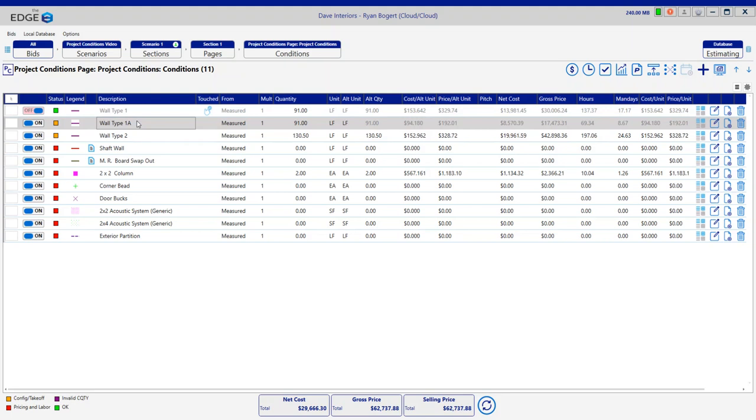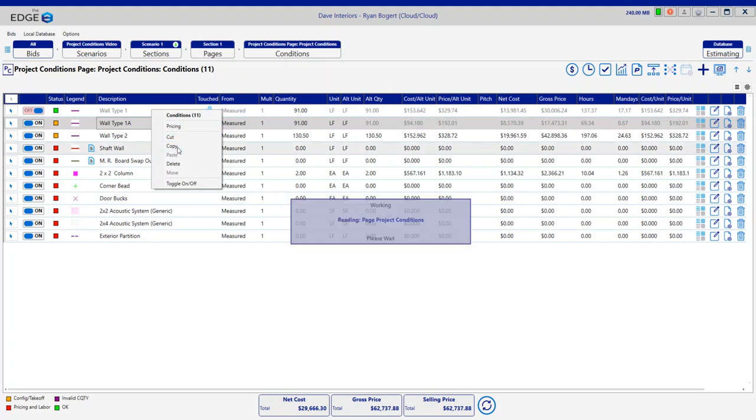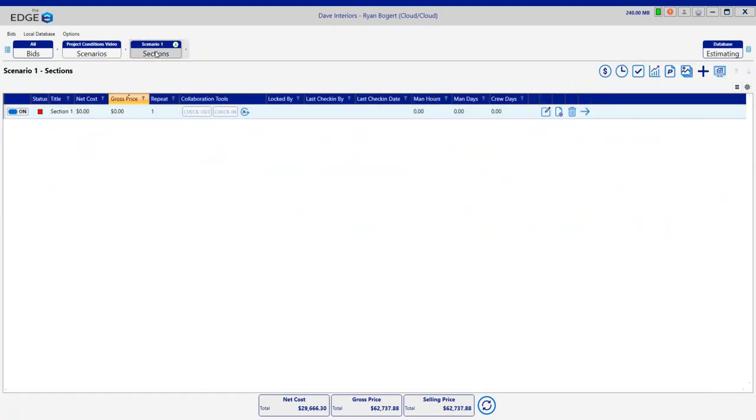One more thing to keep in mind, project conditions are only good across each individual section that they're contained within. If you need the same project condition in multiple sections, you would need to use a copy and paste function in order to get that into a new section. So if I wanted this entire listing of project conditions to be in a secondary section, I can go ahead and mark all of them, right click and hit copy. I can then come back to my sections breadcrumb,